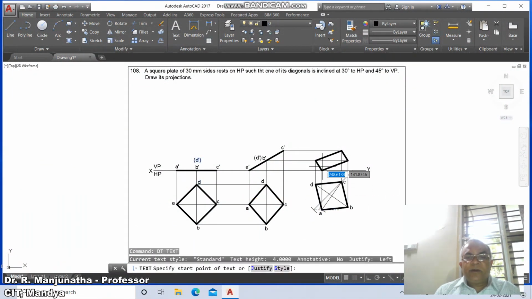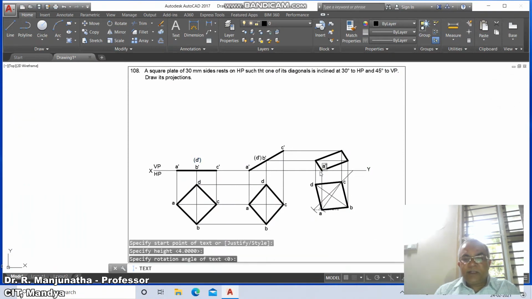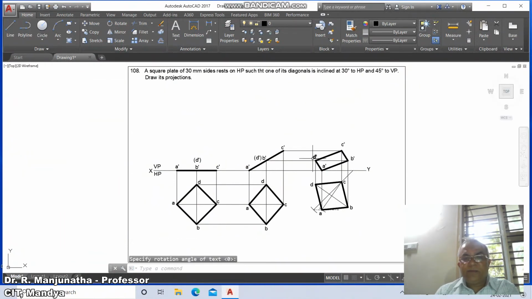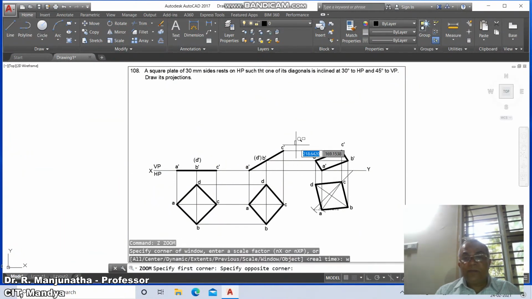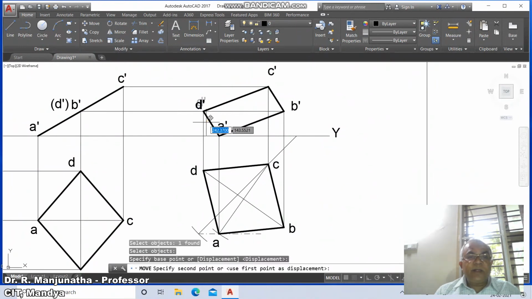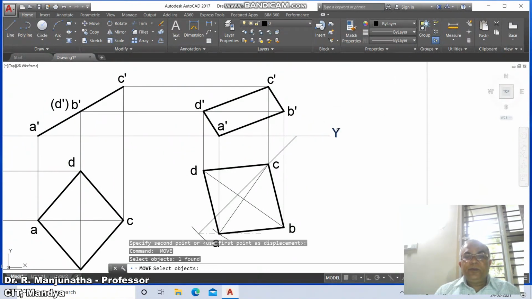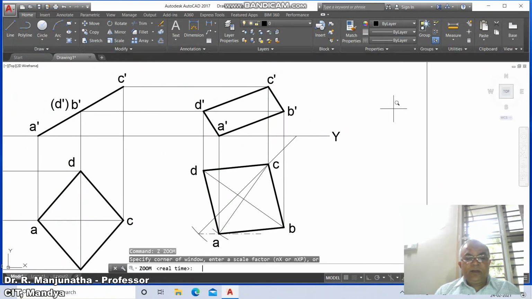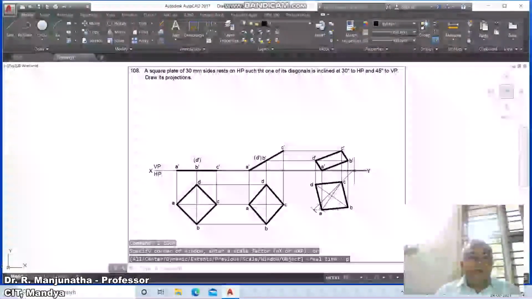Similarly, you take A dash, this is B dash, this is C dash, and this is D dash. Then go to zoom window, you select this, so move, you take A dash, you take D dash, take the C dash, and you take B dash. So you move capital Y. And this is how you will be able to create the drawing.